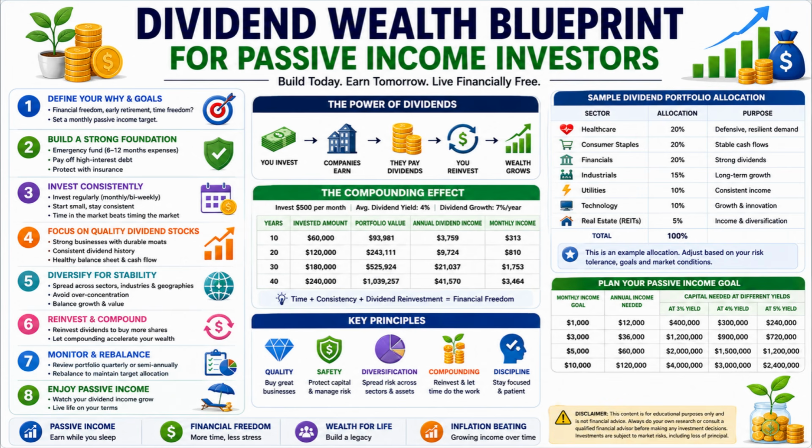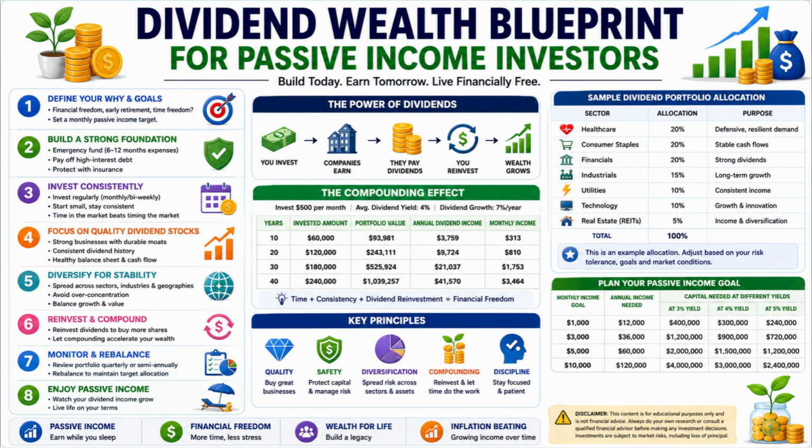Now, plan your passive income goal clearly. For example, if your target is $1,000 per month, you need $12,000 per year. At a 4% dividend yield, this may require around $300,000 in capital. If your goal is $3,000 per month, you need $36,000 per year, which may require around $900,000 at a 4%